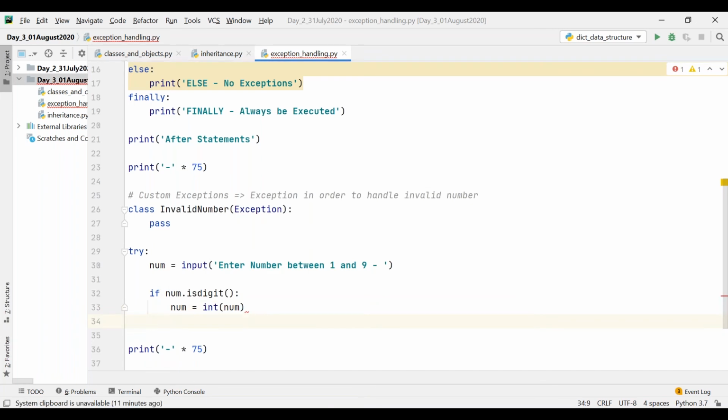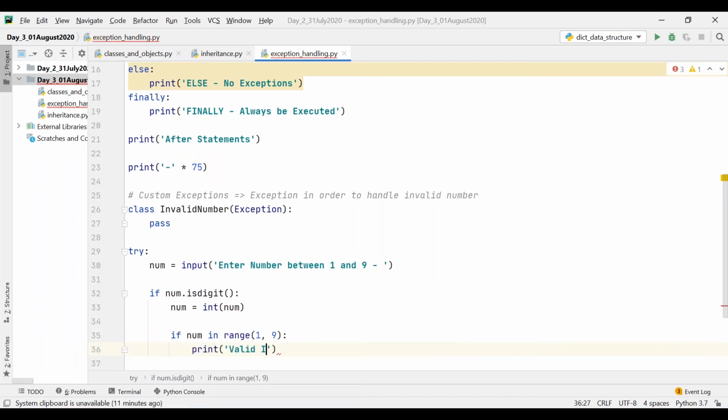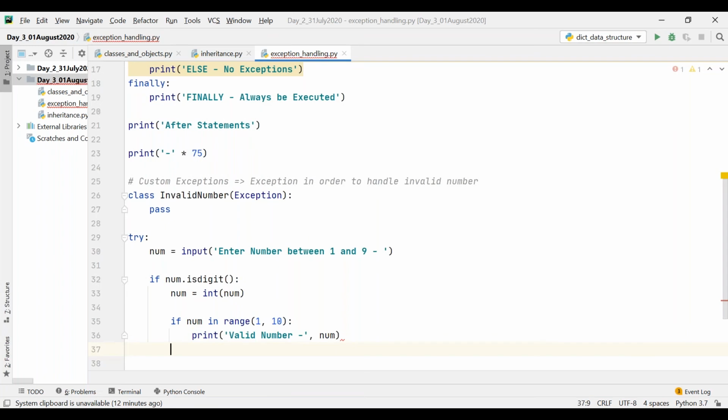Once I typecast it, I can say if num in range of 1, 10, I can just write print valid number, comma num. Sorry, 1, 10. That is, if the number is present between 1 and 9, it is a valid number. Else, what can I do?